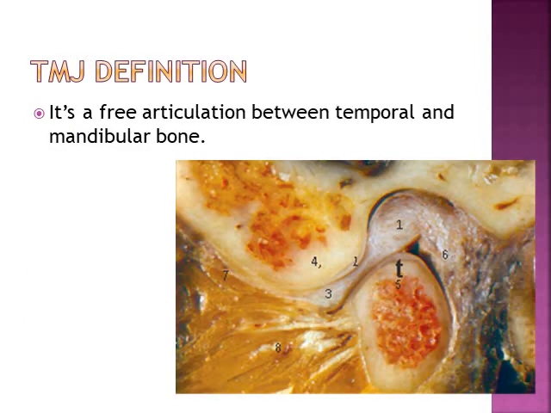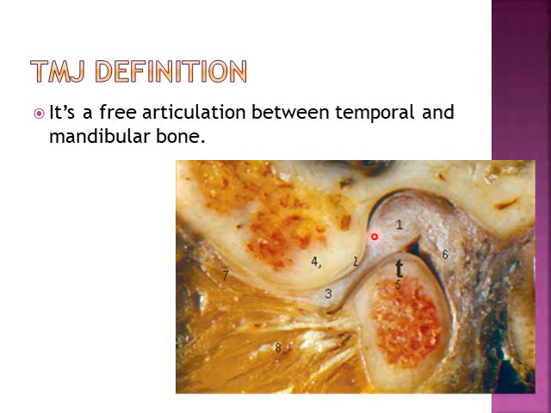TMJ definition: it's a free articulation between the temporal and mandibular bone. As you can see here, the mandible has the condylar head, and this is the mandibular fossa, the glenoid fossa, and the eminence. Between them there is a disc. The position you can see in this photo is the maximum closing, or intercuspation. Here the condylar vertex lies as close as possible to the